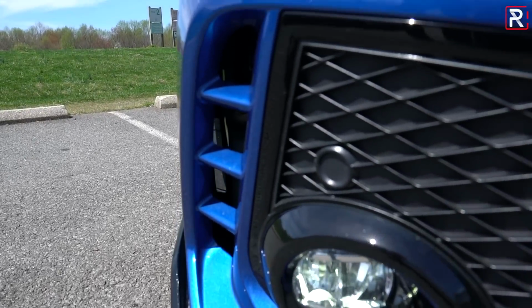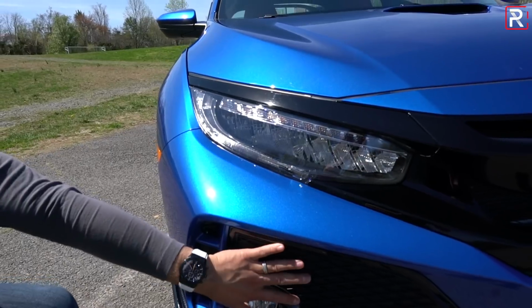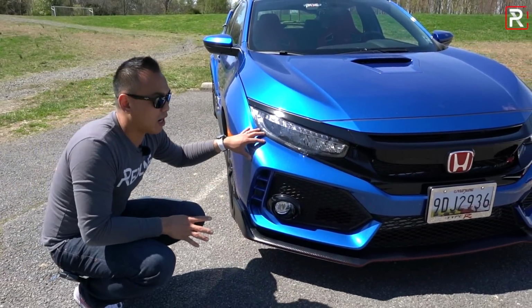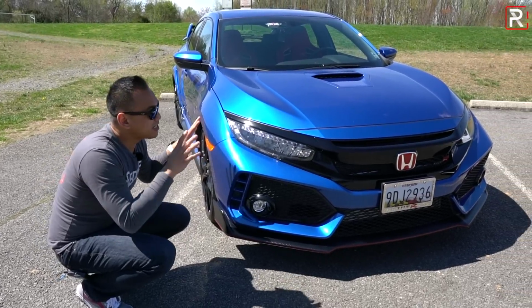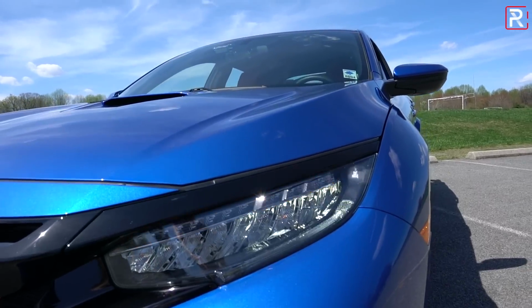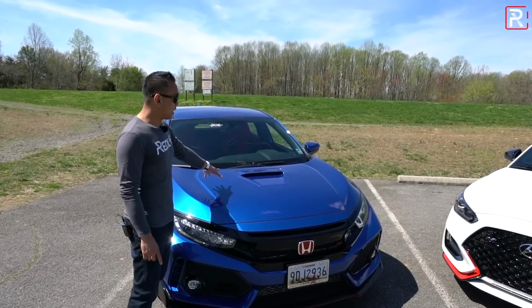This kind of creates an air curtain over the wheels to help cool the brakes. These are fake. The carbon fiber that you see, which is just all over the car, is fake carbon fiber, but it is tasteful, especially in this Aegean blue color. The one thing I am noticing, the Civic has a functional hood scoop here that helps to cool the engine,